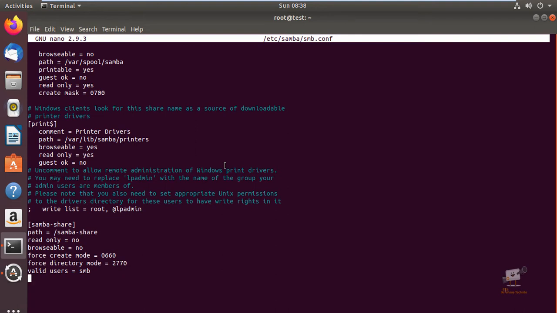The directory is Samba share and read only is no, so the user has permission to modify the contents. Browseable equal to no means other users cannot view this share folder, and force create mode and force directory mode set the permission for the newly created files and directories. The last is valid users, which is equal to smb, the user I am going to use.